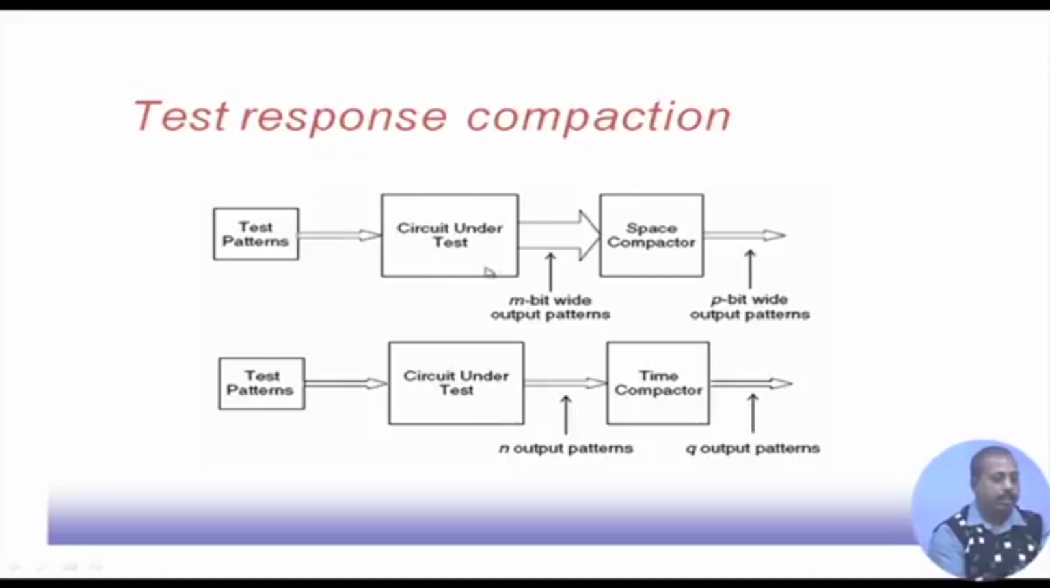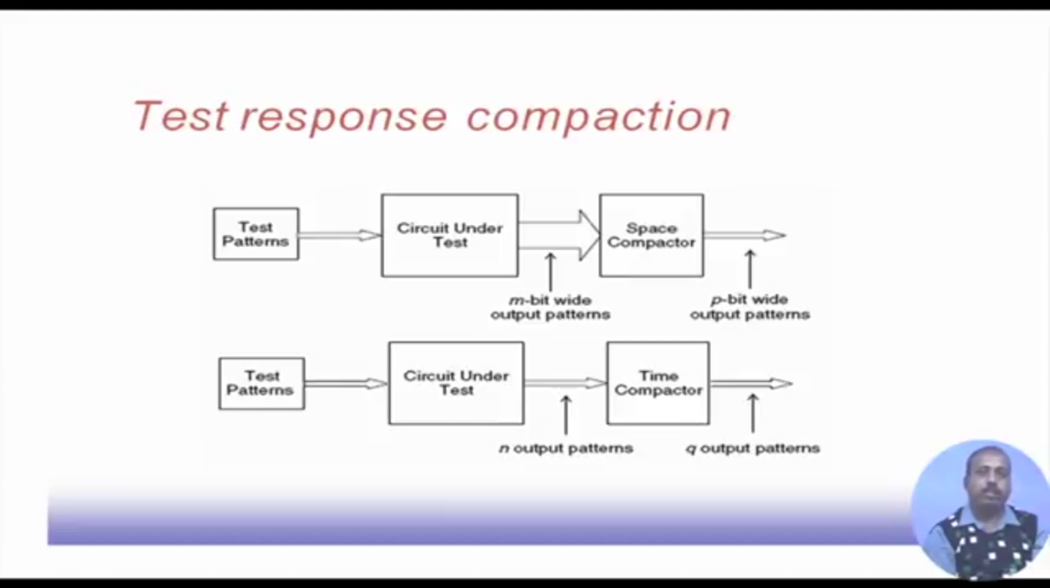Now, the circuit generates an m bit wide output pattern. Out of that m bit, the space compactor will generate a p bit wide output response. A typical case can be that it just selects p of the outputs out of m, and then it comes out as this p bit pattern. That is one possibility, but naturally if we just select p out of m bits,